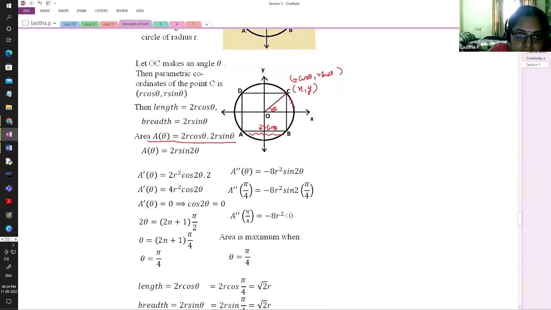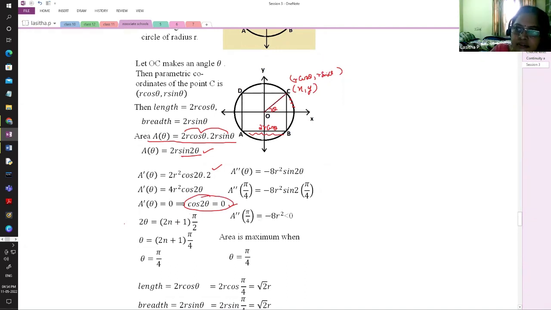And so the area will be 2r square sin 2 theta, after writing 2 cos theta sin theta in the form of sin 2 theta, and then go for differentiation. The procedure is the same, only it is in terms of parametric coordinates, that's it. So A dash of theta will be 4r square cos 2 theta. One previous knowledge may be needed from class 11. This is a deleted topic, but